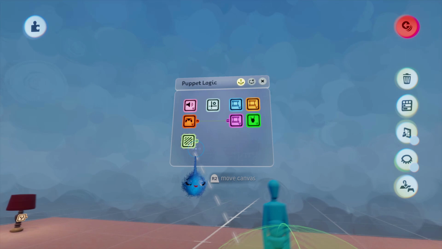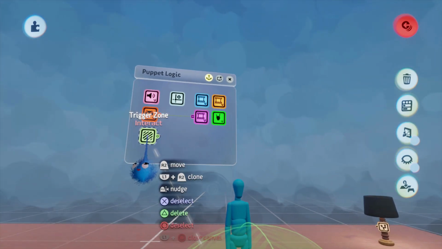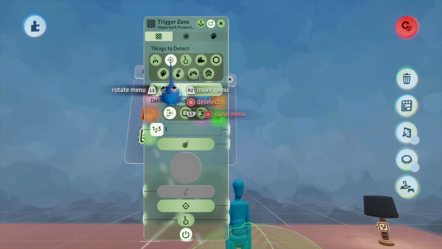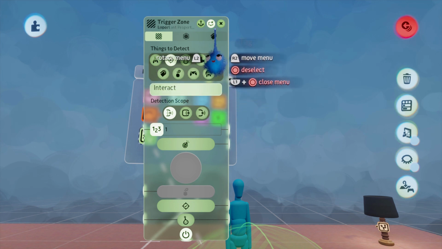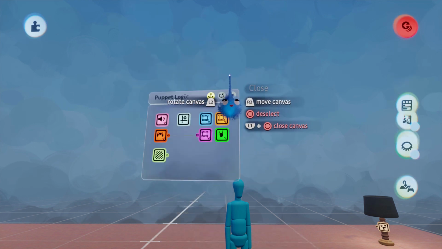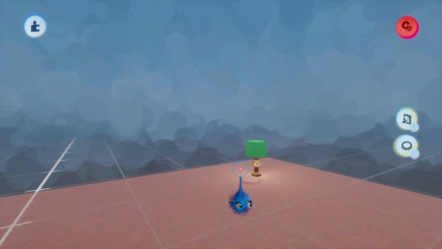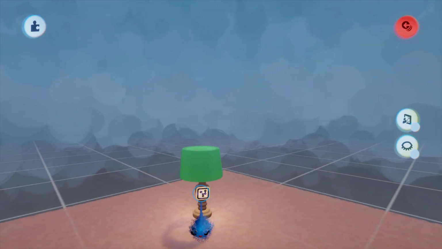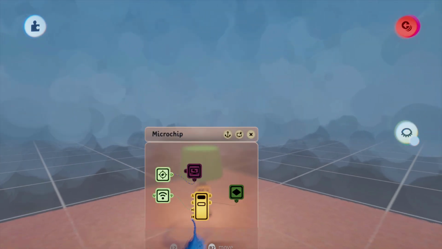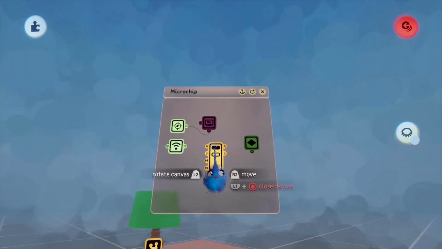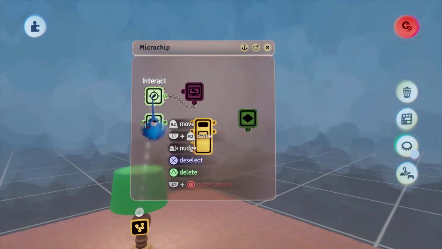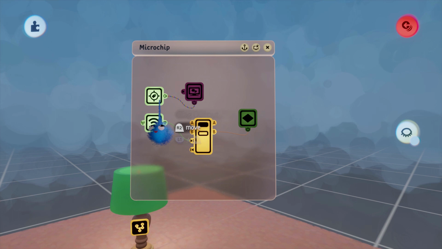This is the interacted trigger zone, and it's looking for a tag. It's looking for the tag called interact. Now, initially in all of the lamps, I put this microchip. I've stamped it on the lamps, and this is what I've added. I've added a tag called interact. So you name it up here,